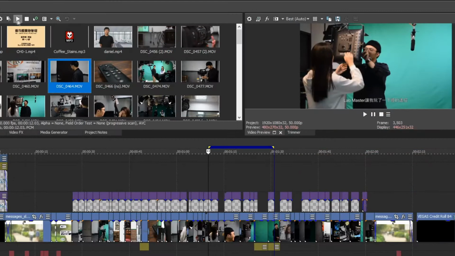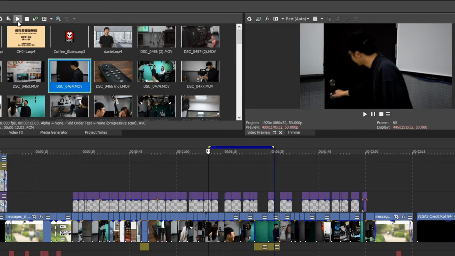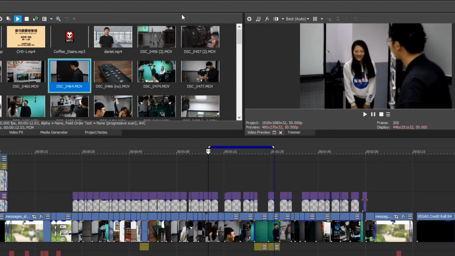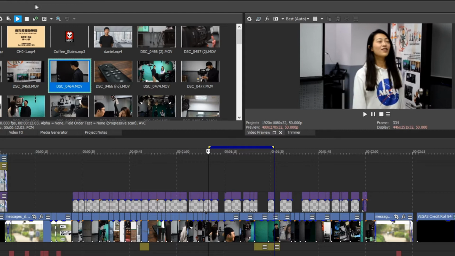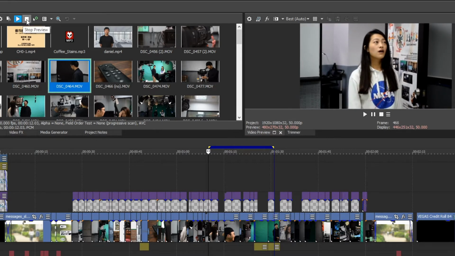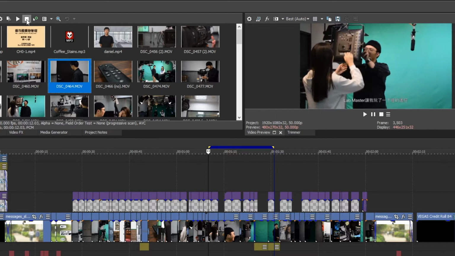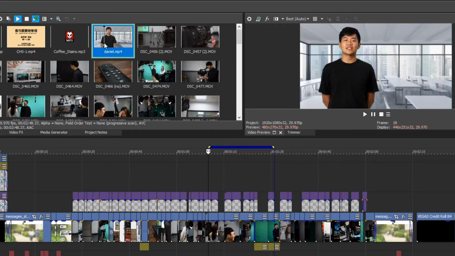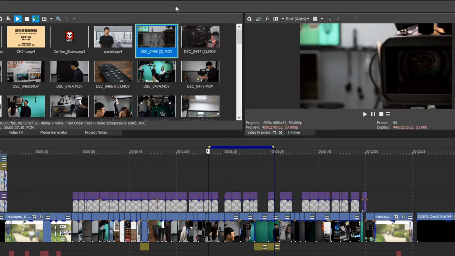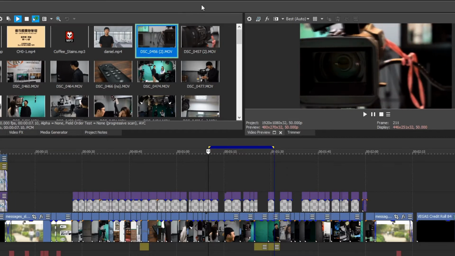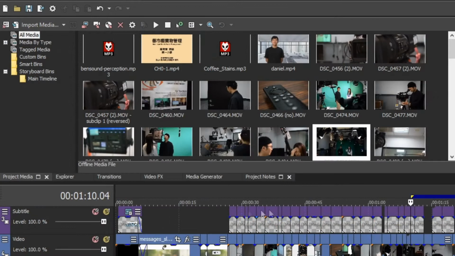Next up, another pair of useful buttons is the Play and Stop button. This works to preview your currently selected clip from your Project Media without having to bring it into your timeline. The Stop button is self-explanatory. It basically stops the preview when you feel like it. Next to those, you'll find the Auto Preview button. If this button is activated, each clip you click on will preview automatically in your preview window without you having to press play or stop, which can save a lot of time.